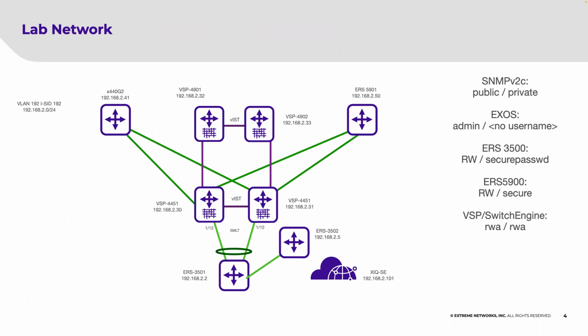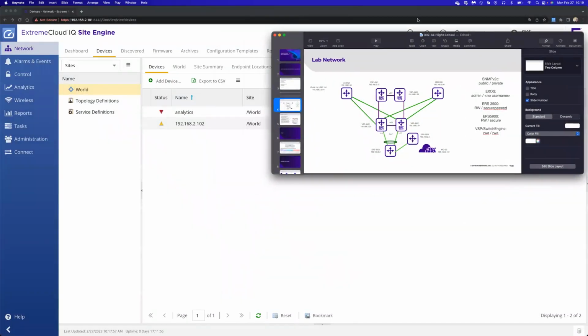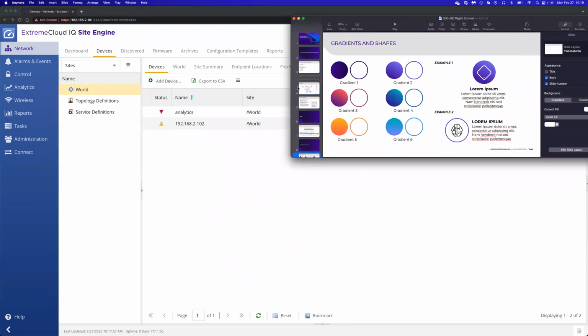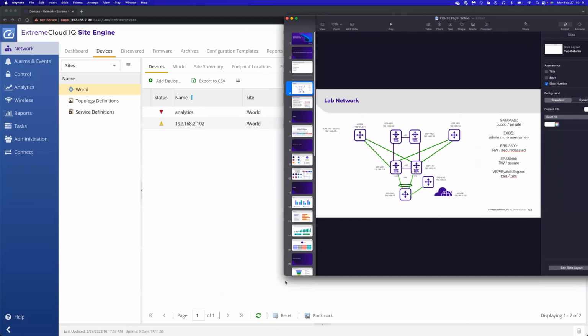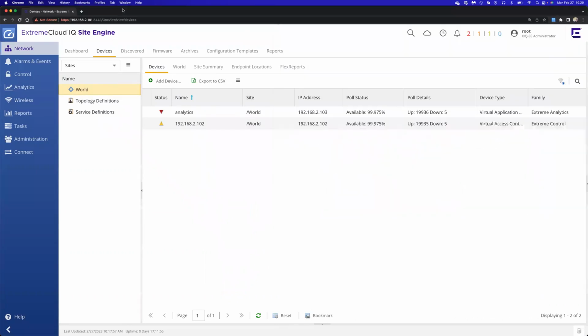For this, we're going to discover the following group of switches using the credentials along the right-hand side of the screen. For simplicity and speed, we're going to use mostly default settings that the switches come with. And for simplicity, we're going to be using the SNMP v2 with the default public and private strings. So I'm going to leave this open on the right-hand side, and we're going to reference it